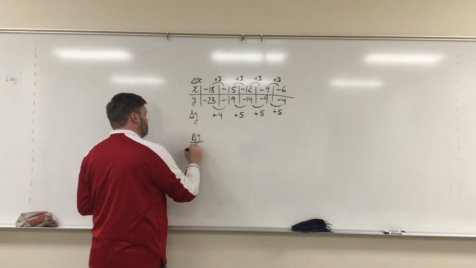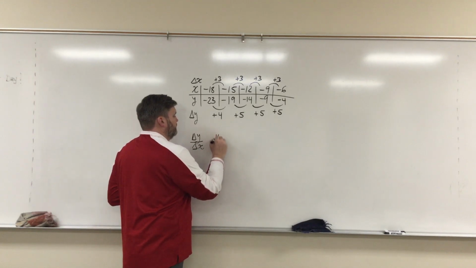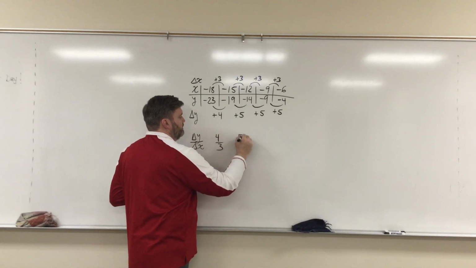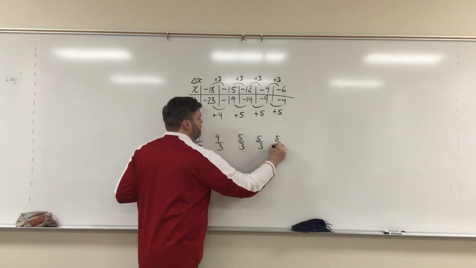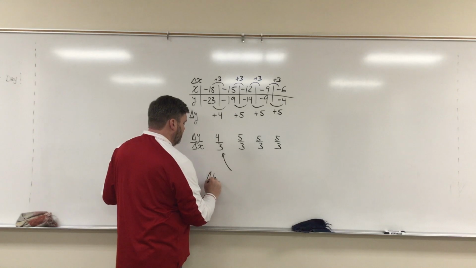Let's look and see if it has a constant rate of change or not. The first point to the second point is 4 over 3, then 5 over 3, then 5 over 3, then 5 over 3. So we got this odd duck here, nonlinear,